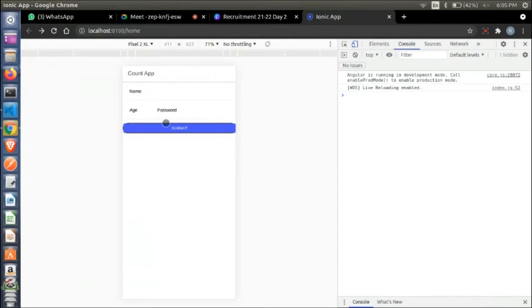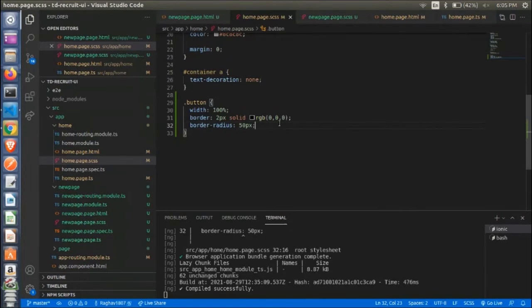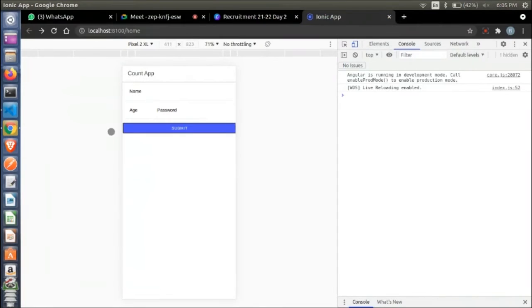So now you can see the button has a border over here. So let us leave the border radius for now. Here the button has a border of 2 px and it spans the entire row.